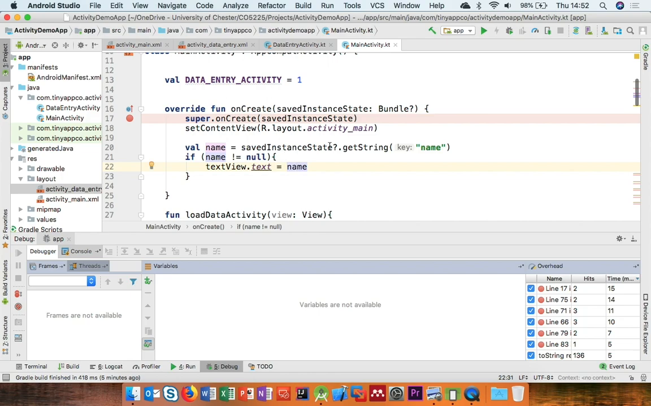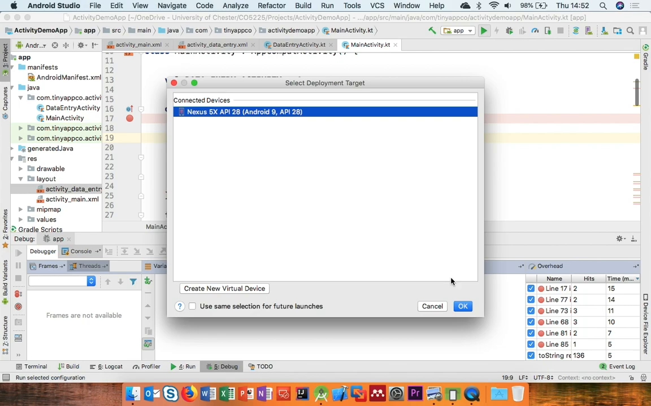I don't think it realised that. I think it's probably not realising that getString, even though we're calling it on something null, could be null, because normally we'd get this safe cast, but it's not showing us that. But anyway, that's a safer option. So what should happen now is I should be able to rotate it without concern. So if I run it,